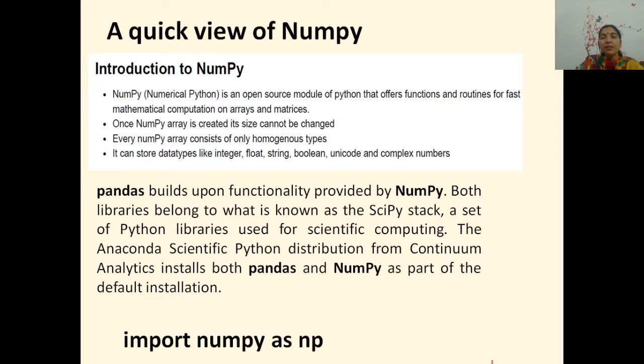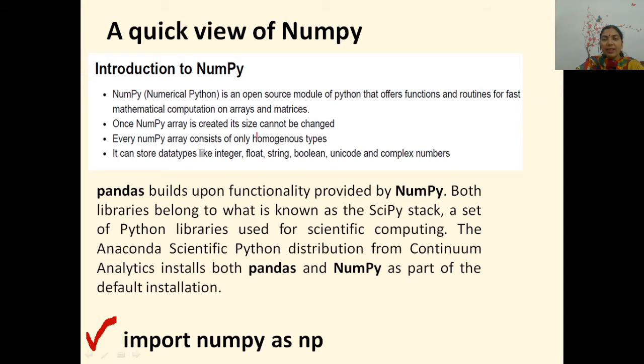because NumPy will support our pandas library a lot, we will be working on NumPy also. We will be utilizing the features of NumPy. So you must remember what NumPy is. This NumPy library, if you remember, you have studied a lot in the previous year also. It is being used by pandas. Pandas builds upon the functionality provided by NumPy. So do not forget this statement. What statement? import numpy as np. You will have to use it at so many places and normally at all the places.